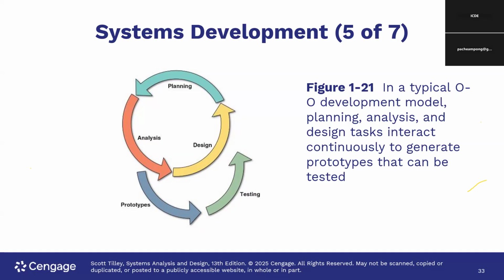Then once they are done, they test each part and make sure, okay, we've been able to solve whatever we want to solve properly. And then they bring out a prototype. Now, the prototype is a trial version to test how it will be like. So in case they encounter any problem, they go back to the planning, then come back to analysis, and come back to design. So that's how the whole development model works. Okay. So whenever there's a problem, they have to go back to the very top and work it all the way down. The other models could be different.